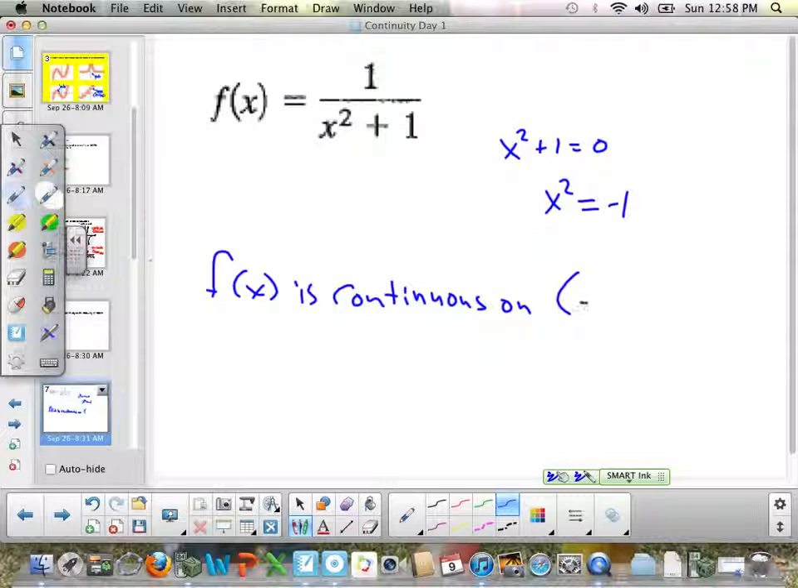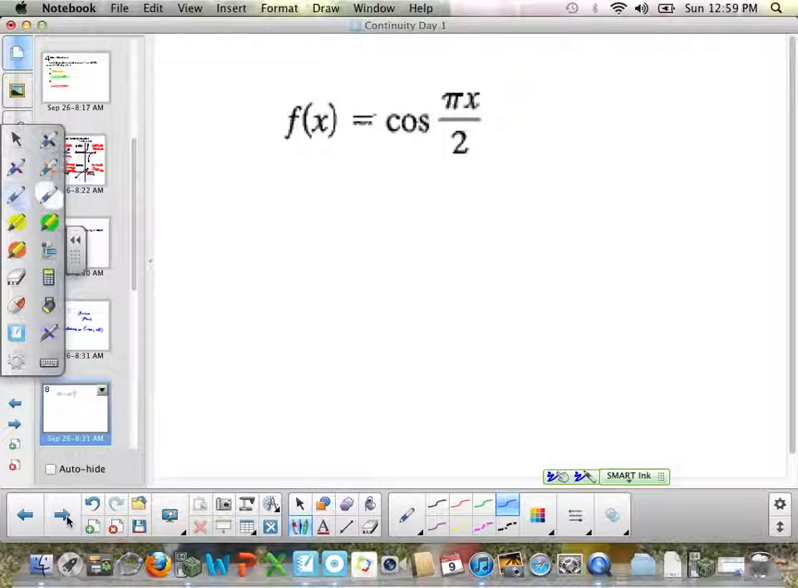And I'm going to write that in an interval. I'm going to say from negative infinity to infinity, the function is continuous. Our next function